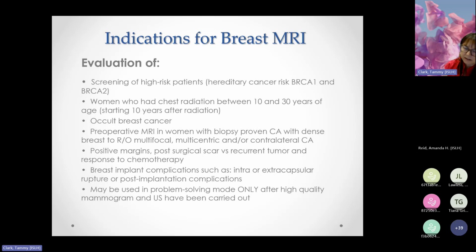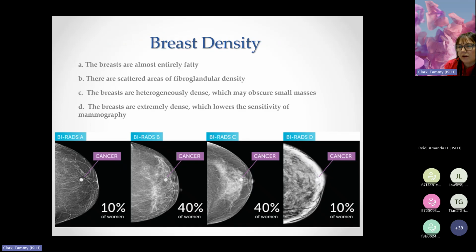Basically, we like to exhaust all our mammogram and ultrasound options first before we just order someone for a problem solving MRI. But sometimes we just get to that point where we're like, we need to have the MRI to figure out what's going on, because the mammogram and the ultrasound haven't quite given us enough information. So moving on from there, what I would like to talk about a little bit is breast density,